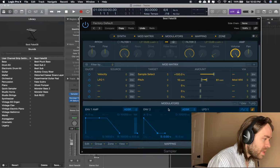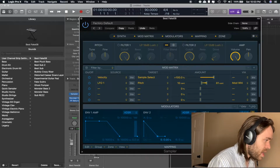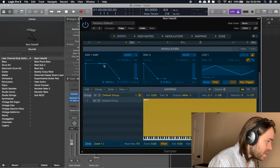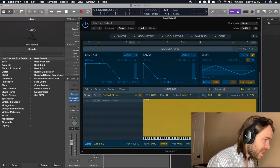And I'll be honest, because this was a sample I got off Splice, this is not modified really too crazily at all. I'll just show you that, as you can see, I don't have it going through any filters at all. Down here though, important to note, it depends on what kind of music you're making. If you want to make a sort of psychedelic, whirly kind of thing, you can change